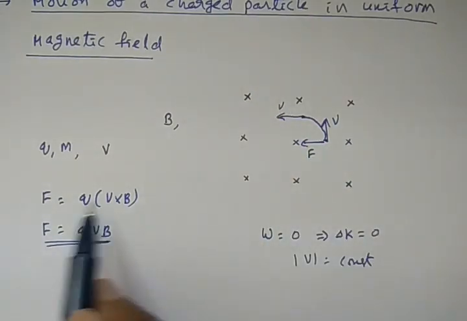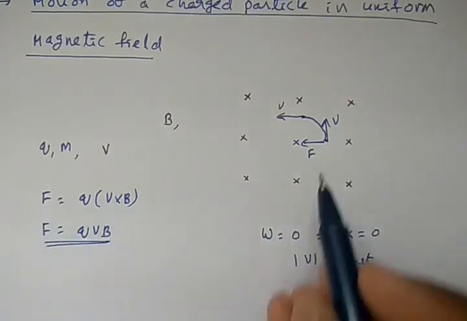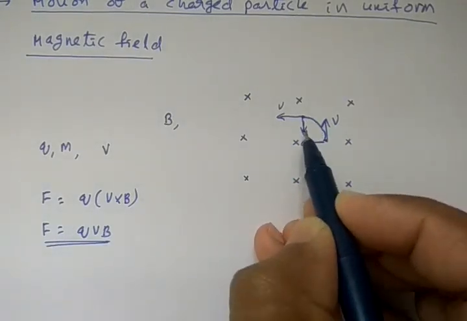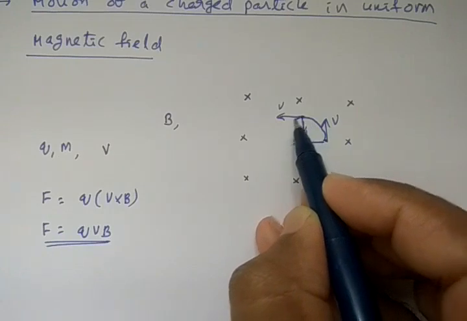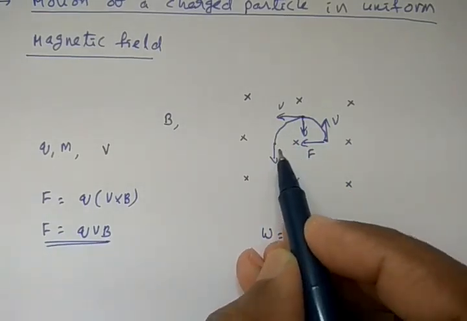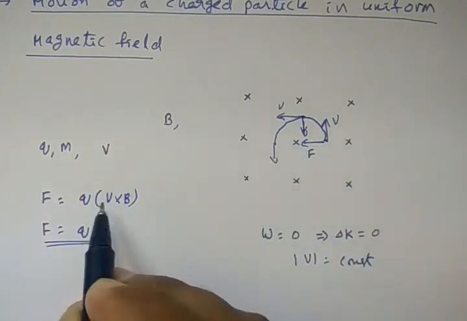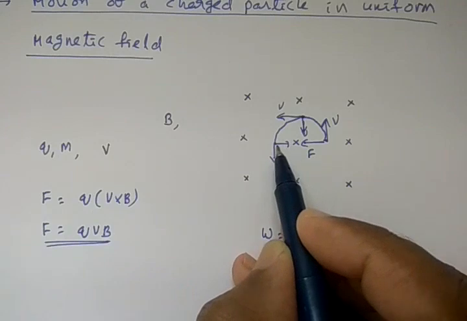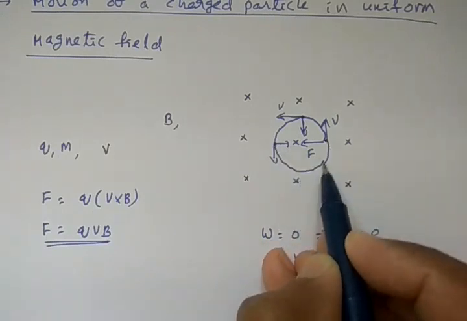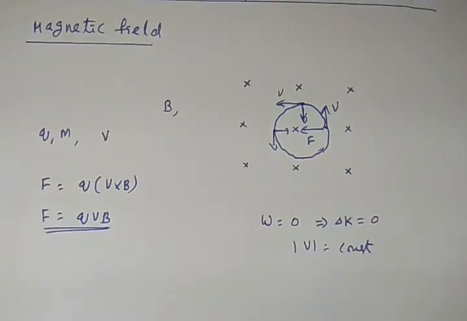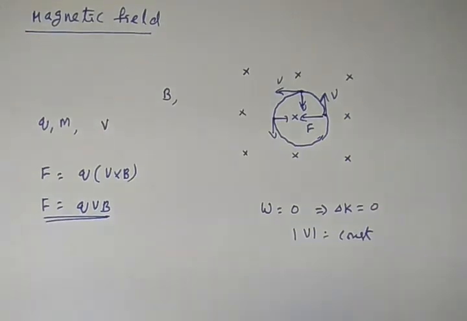And again, if you take the same equation to compute force, here the force acts downwards once again, and because of this force, again the particle goes in this form, and here velocity will be in this direction. Again the force, if you take this equation to compute force, will be acting in that way. So because of this force, the particle will take a circular path. The particle is going in a circular path with a uniform speed.